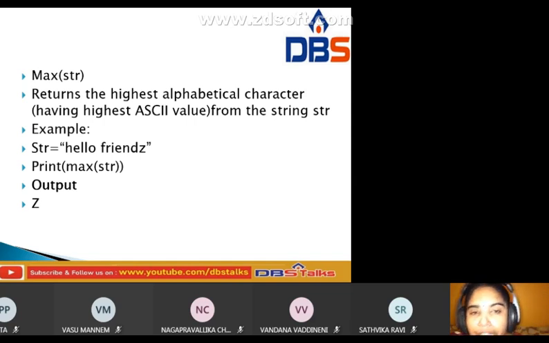Here it is the highest ASCII value. Already we know ASCII means American Standard Code for Information Interchange. This returns the highest ASCII value from the string.